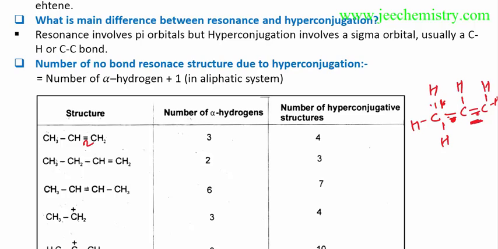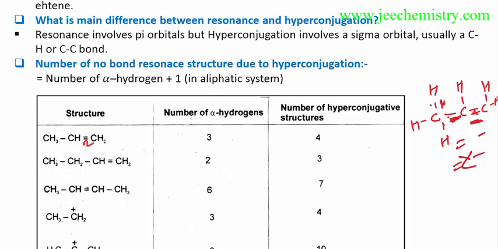hyperconjugation. Sometimes these pi bonds will shift to these positions, so sometimes this becomes a double bond, sometimes it becomes a single bond. In this way the pi bond has the character of both single and double bonds. That's why this pi bond has a shorter length than the single bond. Pi bonds have a shorter length than single bonds, but this pi bond sometimes has single bond character and